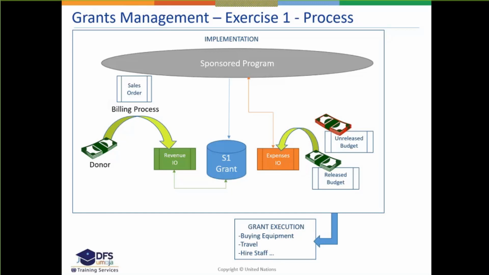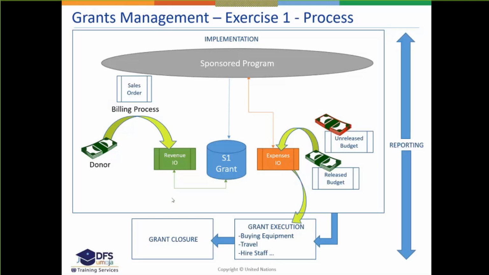And this will be the grant execution that will consume this budget previously contributed by our donor. And when all the operations are performed, we will close our grant. Again, reporting during the whole life cycle of the grant is important and needed,